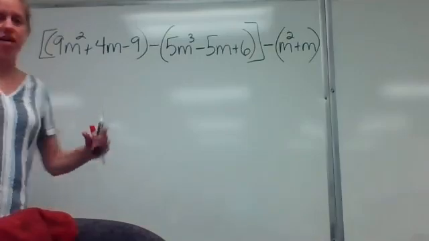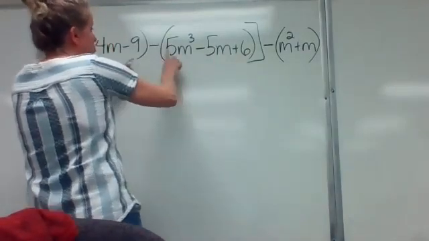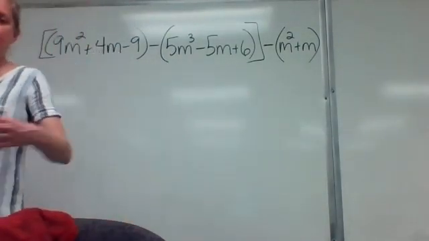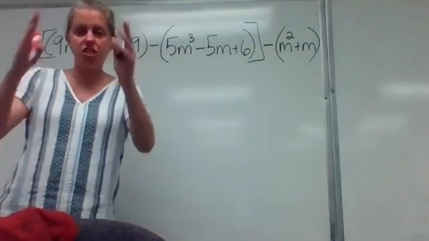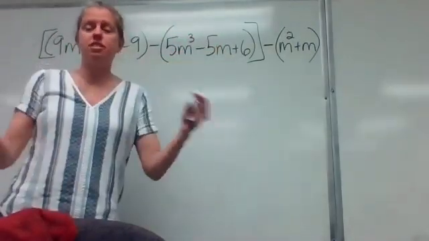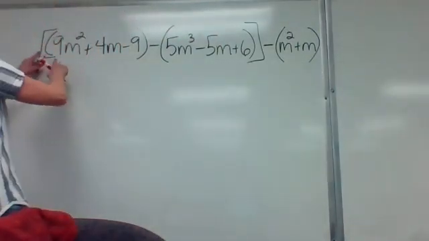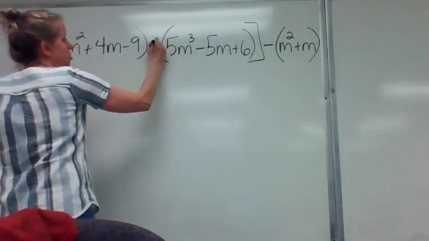Okay, so this one has brackets and parentheses. Inside these brackets, I do see parentheses. So the first thing I'm going to do is I want to get rid of all those brackets and parentheses symbols and just have a bunch of terms that I can combine like terms with. So let's see. There's not a sign in front of this, which means the first thing I'm going to do is distribute